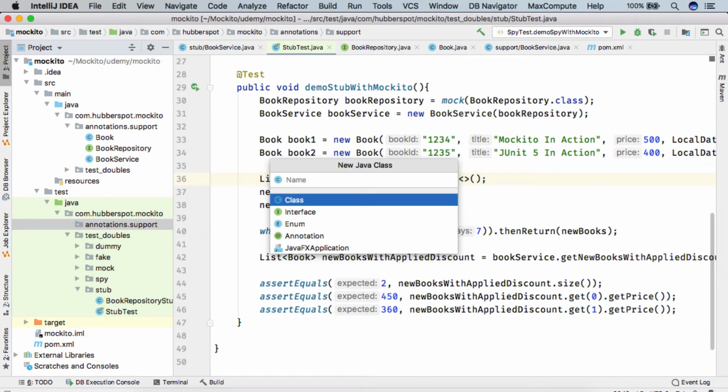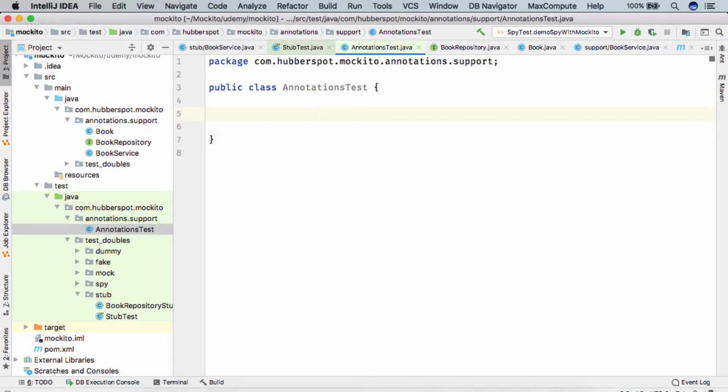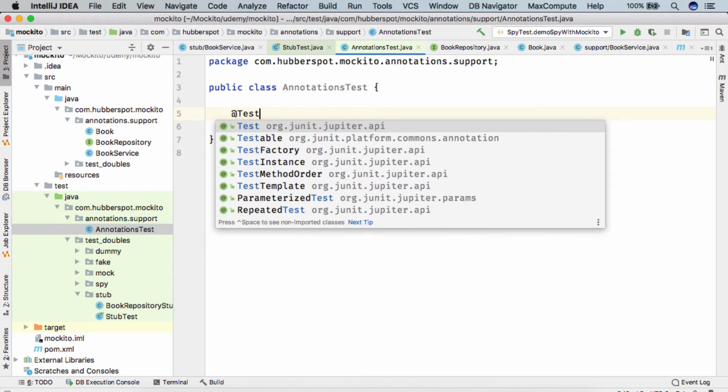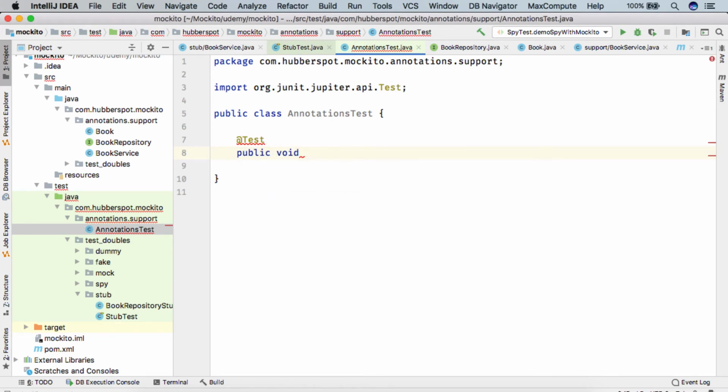Let's say I give it the name AnnotationsTest. And here I create a test method. Let's say I give the test method the name demoCreateMocksUsingAnnotations.